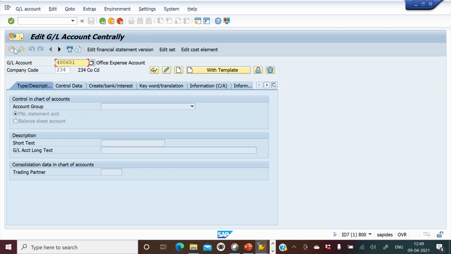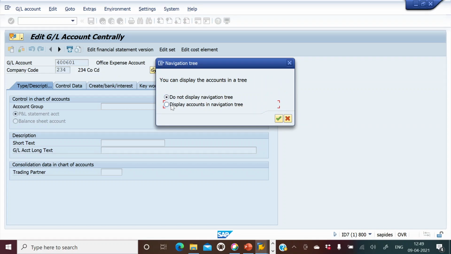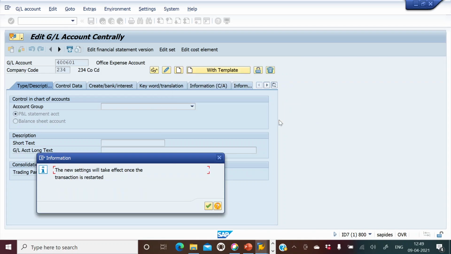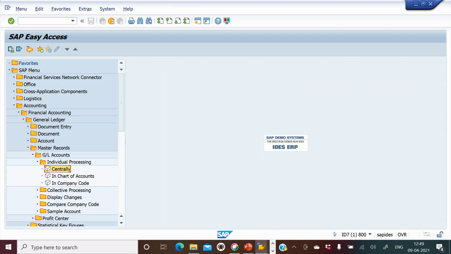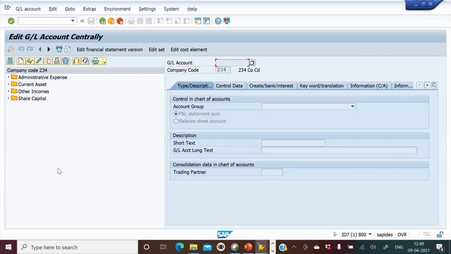So now you see that the navigation tree is not to be seen, right? Now if I want to bring back the navigation tree, which will be very useful for creating the GL accounts or making any changes, because it will show me the hierarchy, right? So what I have to do is go and click on the hierarchy display. I will click on display accounts in the navigation tree, and then I will hit enter,